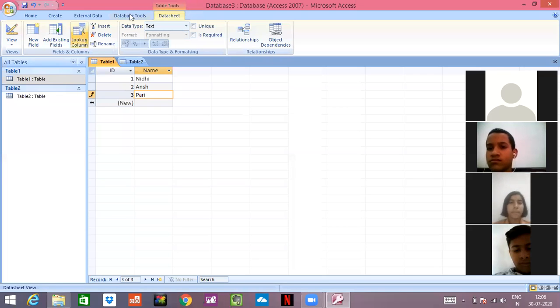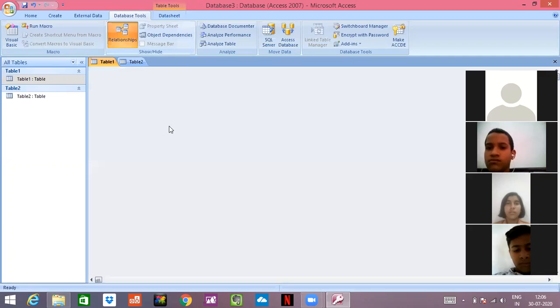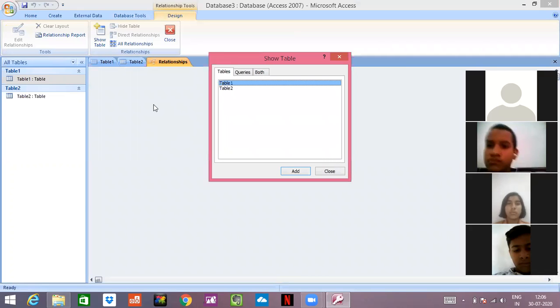We'll click on database tools. After clicking on database tools, we will go to relationships. Now everybody will go to relationships. See, relationships is there. I have clicked just on relationships. After clicking on relationships, a tab has opened. It has shown me Show Table. The Show Table option is there. I'll click on add. It will ask for name or ID. I want to enter name or ID. See, ID,